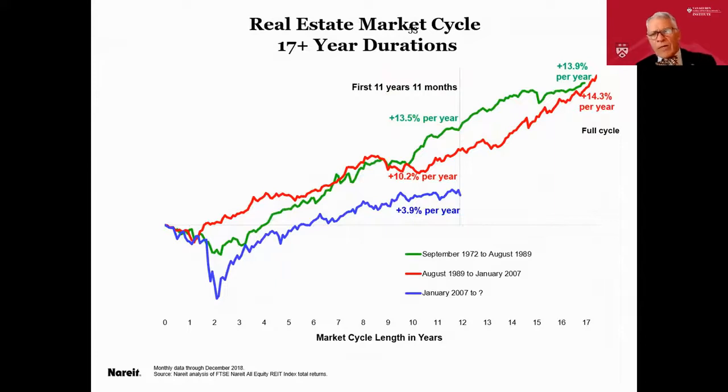So where are we in the cycle today? Here are, and this comes off of NAREIT's website, the 17-year cycles, the 72 to 89 cycle. We saw a yearly average increase of 13%, then the 89 to 07 cycle, we see a 14% average yearly return. And in this cycle, we had the real negative of the Great Recession. And I'm sorry, this doesn't show the COVID change yet. But so far, up to COVID, it was only a 3.9% return. So a lower yielding environment has led to a lower total return environment for real estate too. Next slide.